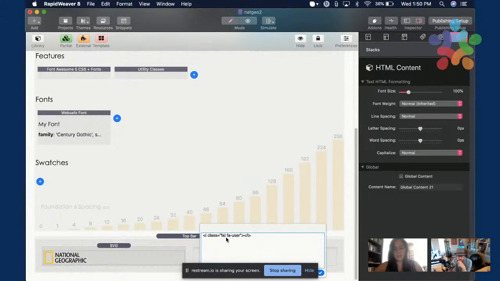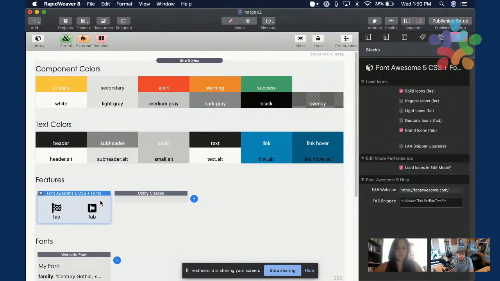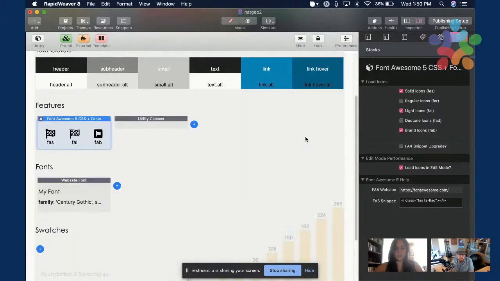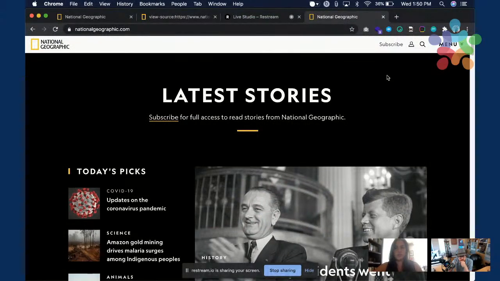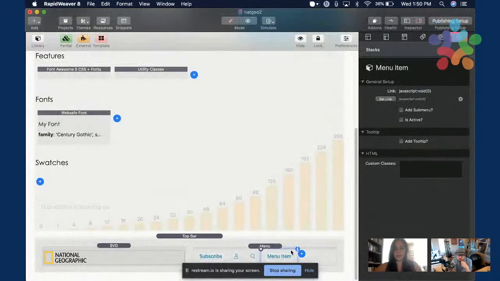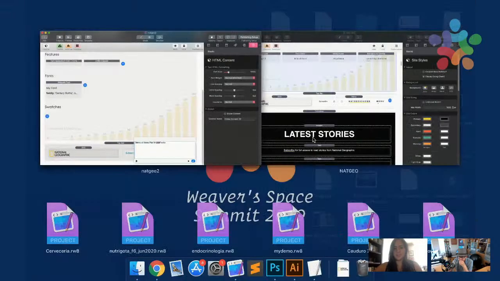Yeah, I'm using Font Awesome light, so I have to turn that on here. Okay, and that'll show me the right ones. I looked those up in Font Awesome. And then I have this one called menu, which also has a Font Awesome icon.